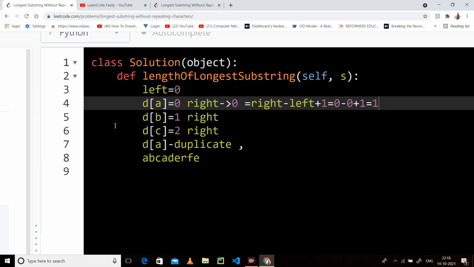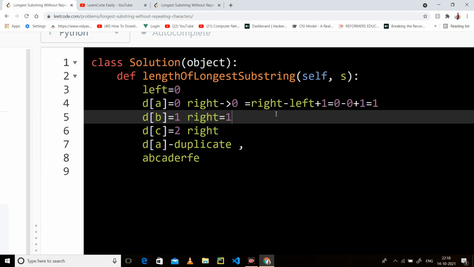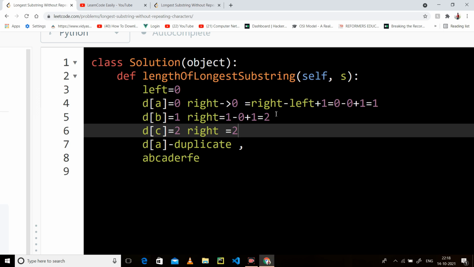It means you have one character without repetition, that is A. You will do the same thing. Here you have 1 minus 0 plus 1, that is 2. Now here you have 2 minus 0 plus 1, 3, meaning you have 3 characters without repetition,